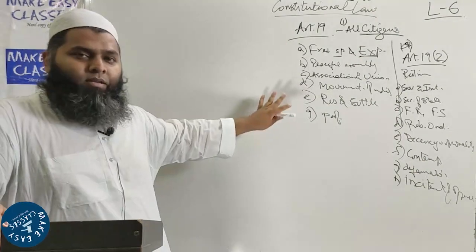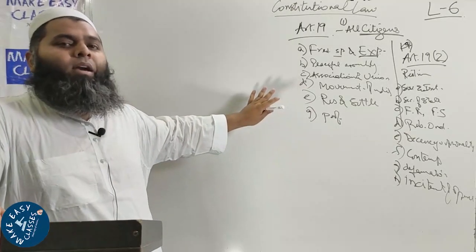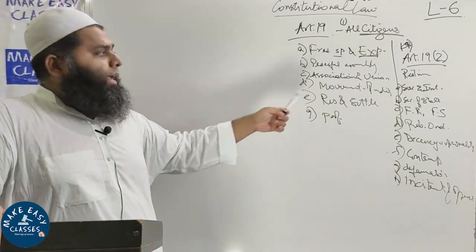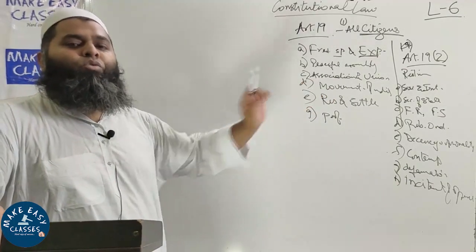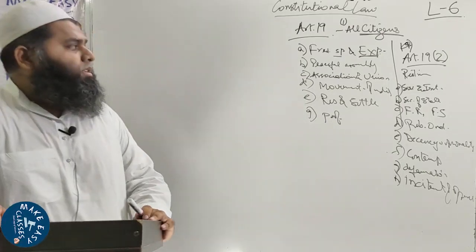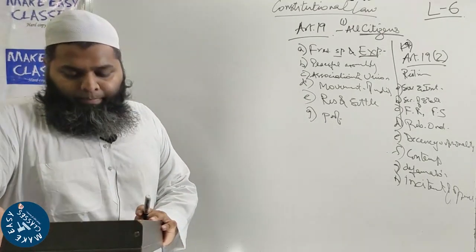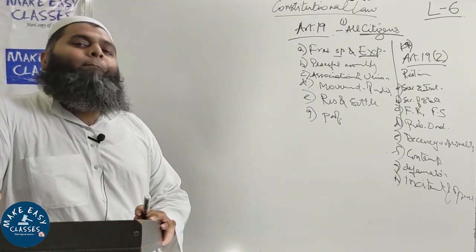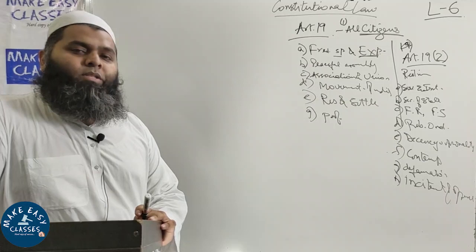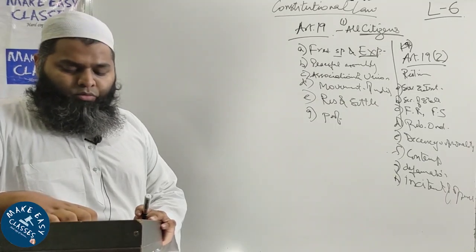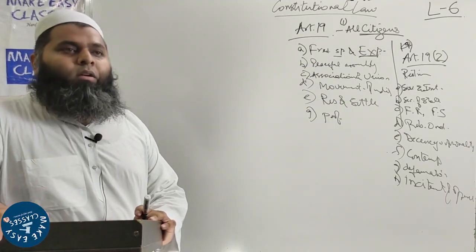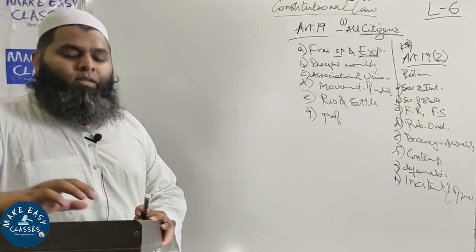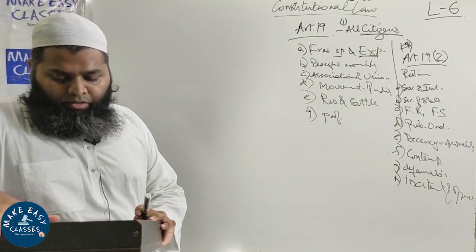So these are the restrictions which are imposed on these freedoms. These are the freedoms, as I have told you, in Article 19, Clause 1, A, B, C, D, E, F, G. And these are the restrictions in Article 19, Clause 2. The first restriction is in regard to sovereignty and integrity, meaning thereby everybody has this freedom of speech and expression, but it is subject to the sovereignty and integrity of India. You cannot express anything against the sovereignty and integrity of India.